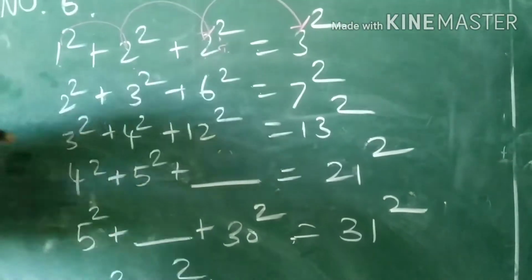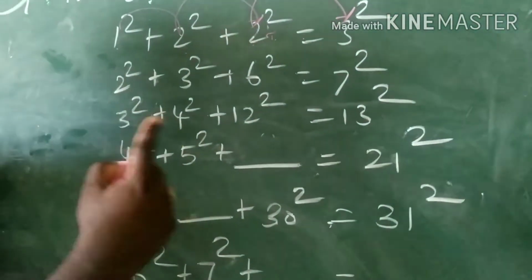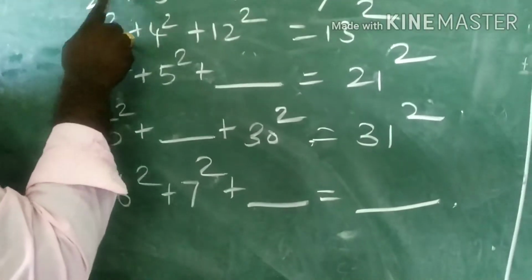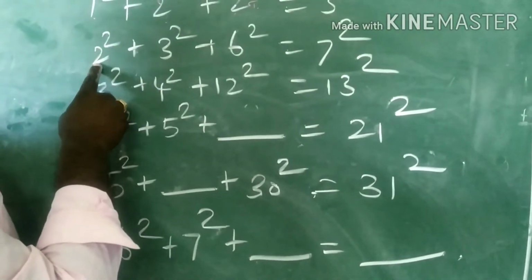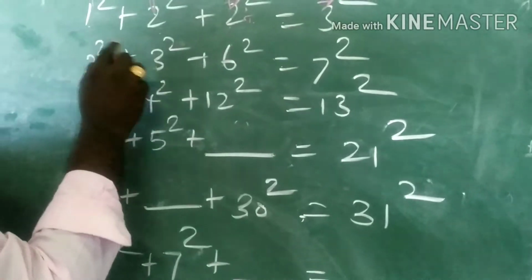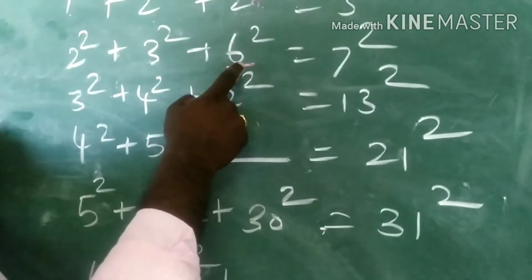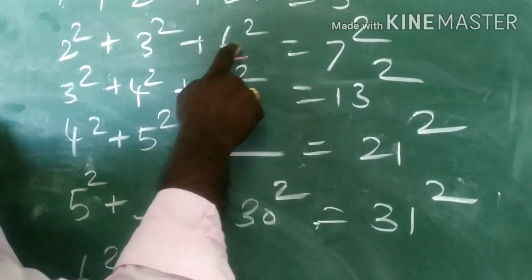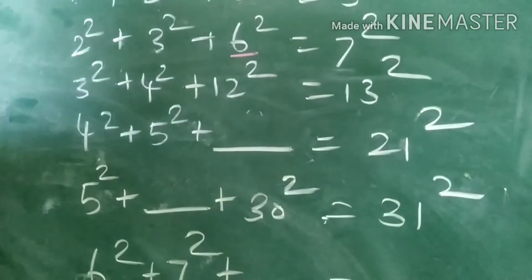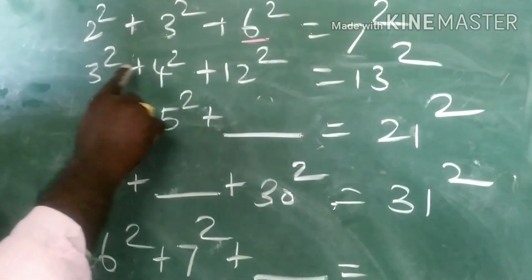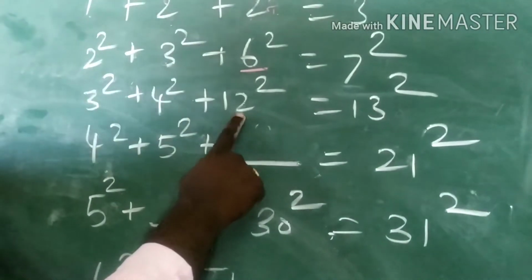The same way you have to repeat the pattern. 2, 3 is given. The first number is 2, the second number is 3. So 2 into 3 becomes 6. From this result, we add 1. So 6 plus 1 is 7 here. The same way, we repeat the same pattern. So 3 4s are 12. 12 plus 1 is 13.